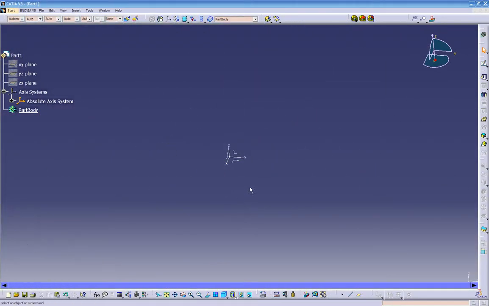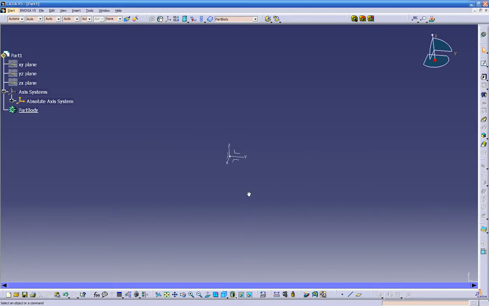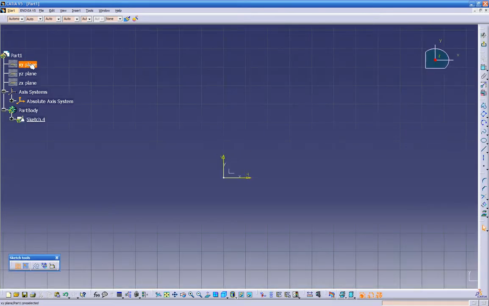Let's go back again to the Sketcher. Let's play more with the Sketcher, learn a couple more things, how to build some rectangles. So let's go back on the Sketcher. Once you click on the Sketcher, it's going to ask us to click on a plane. Select the plane or the planar face or the sketch. So we can click back again on the XY plane down here, or we can click on the XY plane up here. It's the same thing. So if I click on XY, go back on the Sketcher,